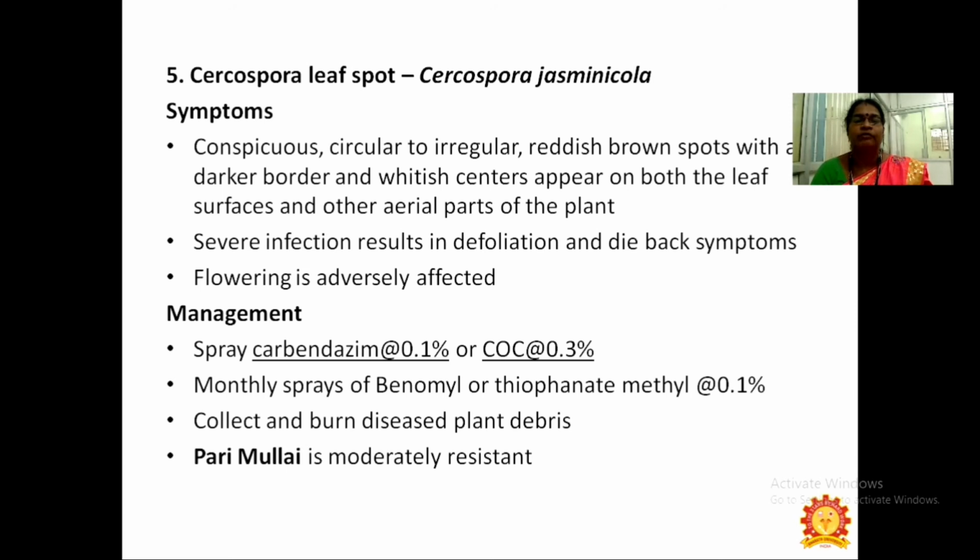The management of the Cercospora leaf spot is: we have to spray carbendazim at 0.1% or COC at 0.3%. Monthly spray of benomyl or thiophanate methyl at 0.1%. Collect and burn the diseased plant debris, and Parimulle is moderately resistant.